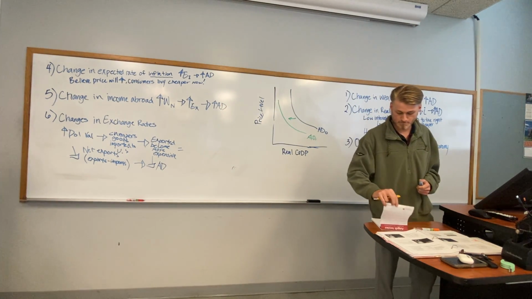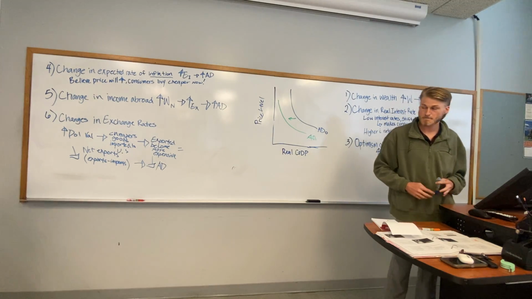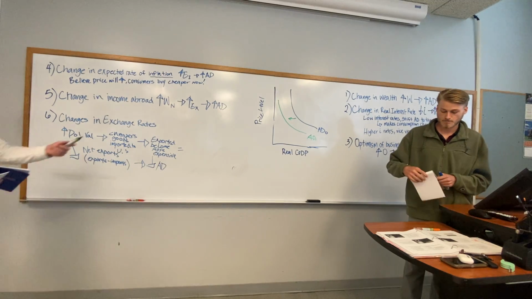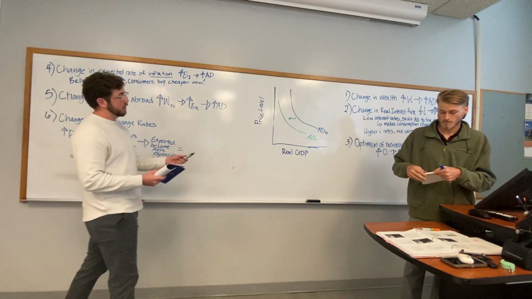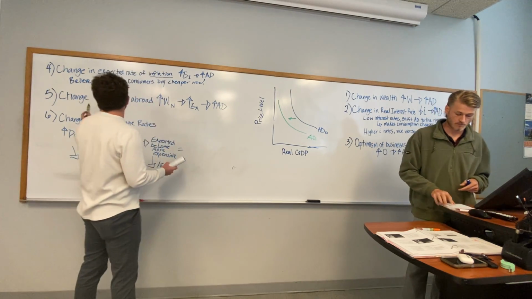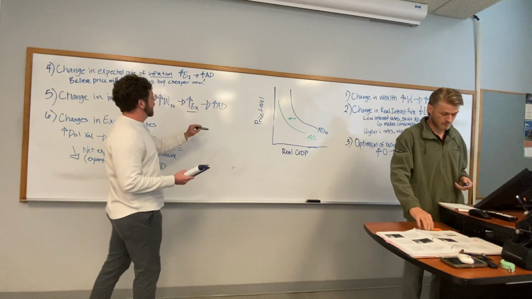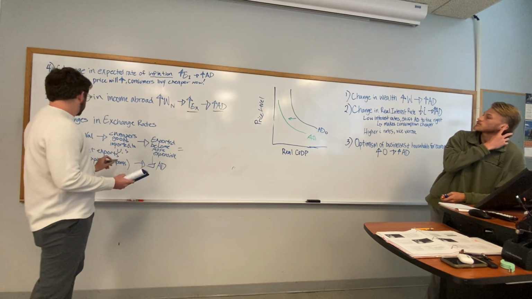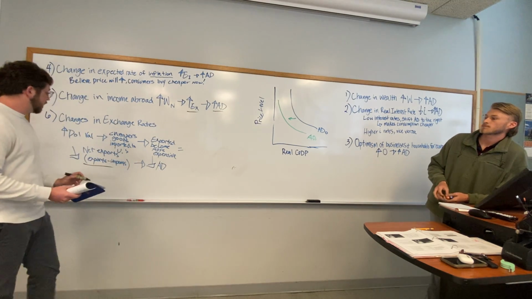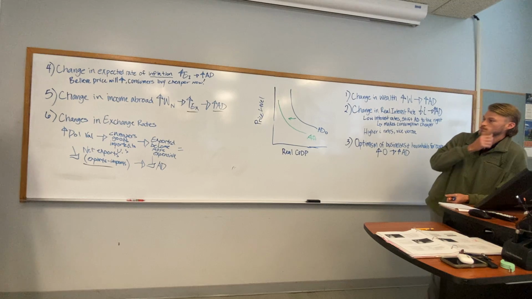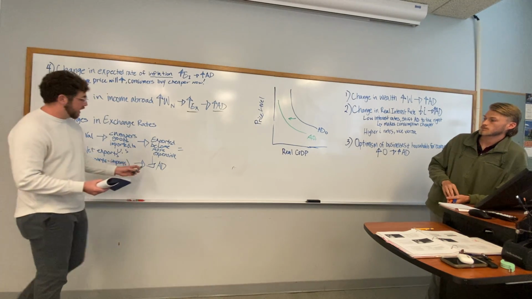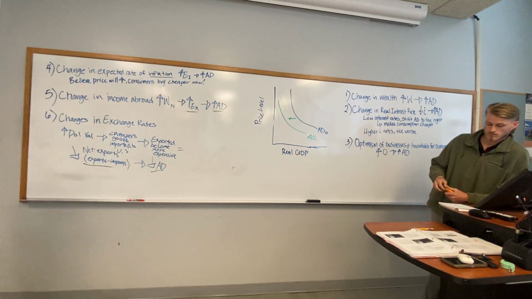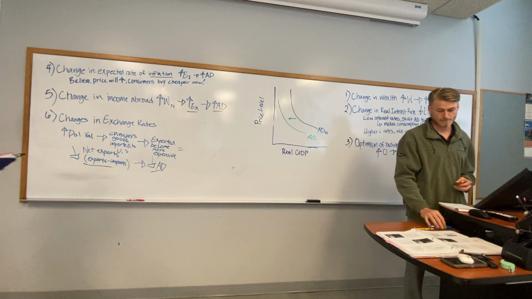Just like when the dollar depreciates, imports will tend to fall and exports rise. In turn, this increases net exports and will stimulate aggregate demand. This is just the aggregate demand of our GDP. We want to sell our goods to other countries. Just like in change in income abroad, exports went up from other people buying our stuff, which means aggregate demand goes up. But here, exports go down because we're importing more and our dollar's worth more, so no one's buying our goods, right? So if no one's buying our goods, our aggregate demand is also going to go down. So you've got to watch that exports. That's the important part of these two, is taking a look at the exports.